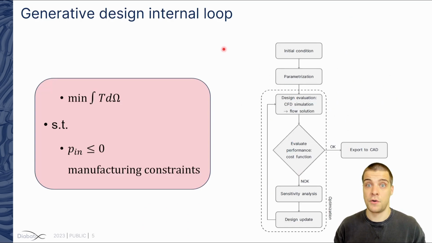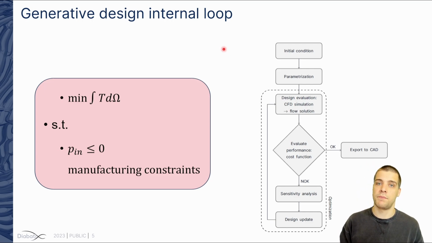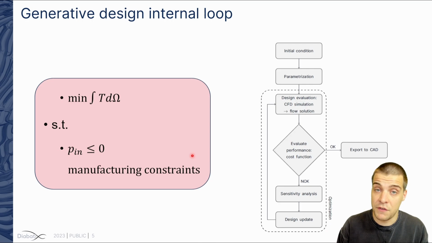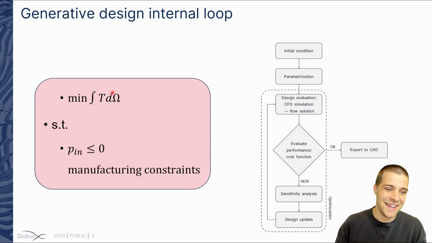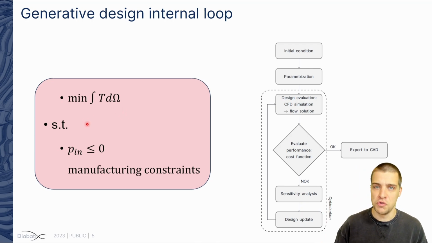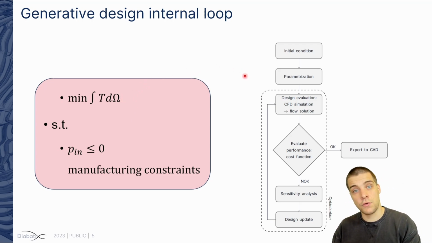Okay, so how does the internal design loop in the background look like? On the left, you see basically the problem statement coming from the user. You can request a given amount of objective functions, let's say in this case only the one, which makes it a bit easier to formalize on a slide deck. Let's say minimize the temperature of your heat producing component, which is then subject to a given amount of constraints, usually a pressure drop constraint, manufacturing constraints as well. So this comes from the user, and then Sandstrom will basically